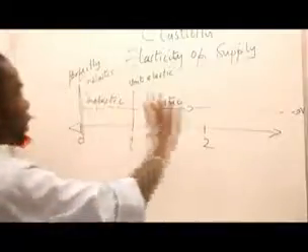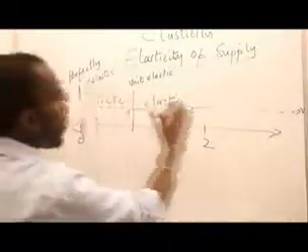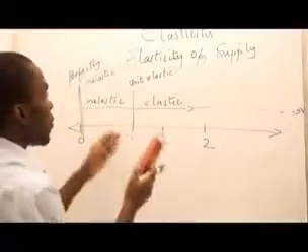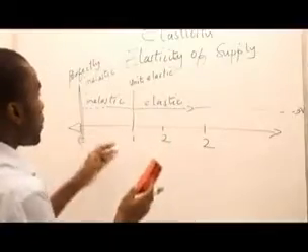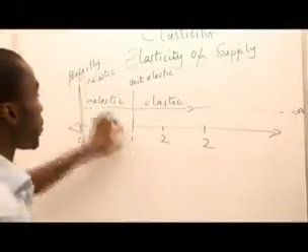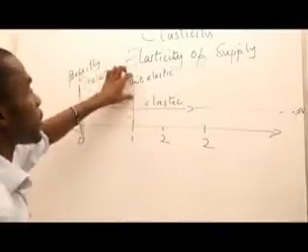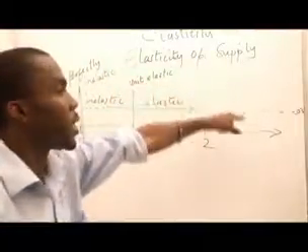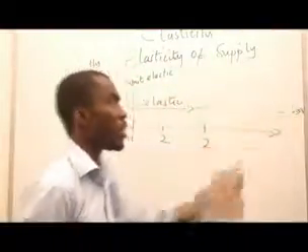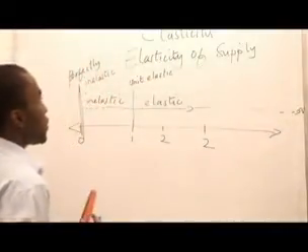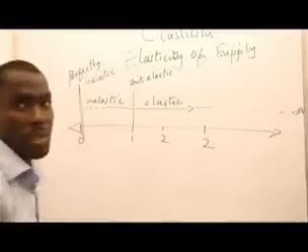So on the scale we can have the different cases for the price elasticity of demand. 0 is perfectly inelastic, between 0 and 1 inelastic, 1 is unit elastic, greater than 1 is elastic, and when it gets to infinity you have perfectly elastic demand. So that's it for